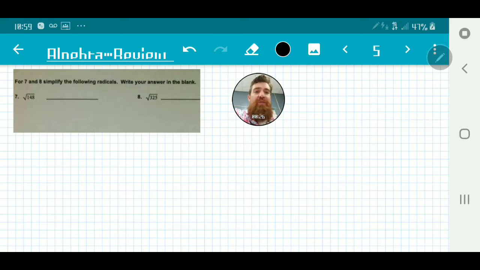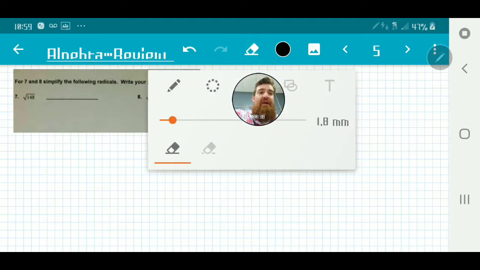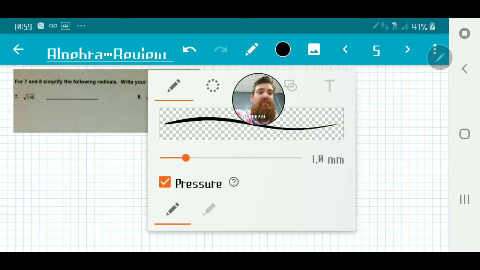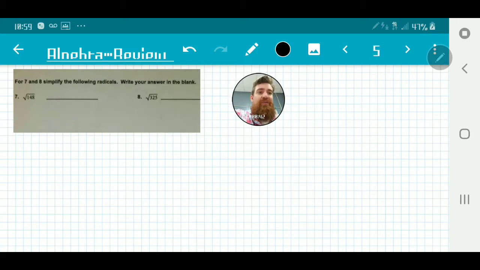One thing that you do have to know to be successful at this is your perfect squares. Numbers that you can take the square root of. Numbers like 1 and 4 and 9, those are all perfect squares. So I'm going to make a list of our perfect squares off to the side. We have 1, 4, 9, 16, 25, 36, 49, 64,